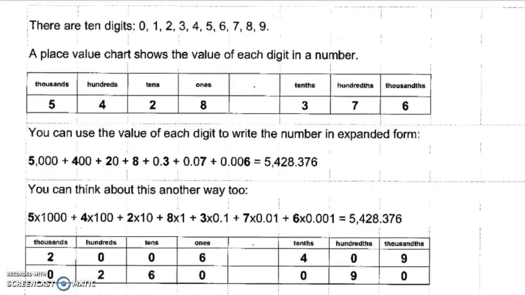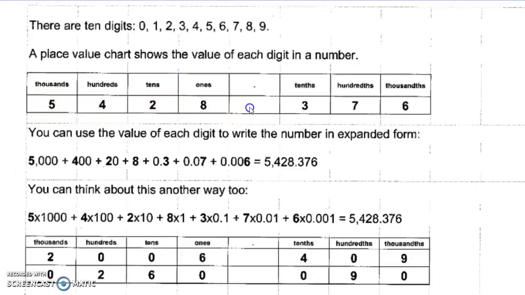Okay, I'm back at the colored piece at the top of page 67. I want you to just take a second here and take a look at what this is showing you, okay? Here it says there are 10 digits, 0 through 9. A place value chart shows the value of each digit in a number. So if we have this ginormous number here,